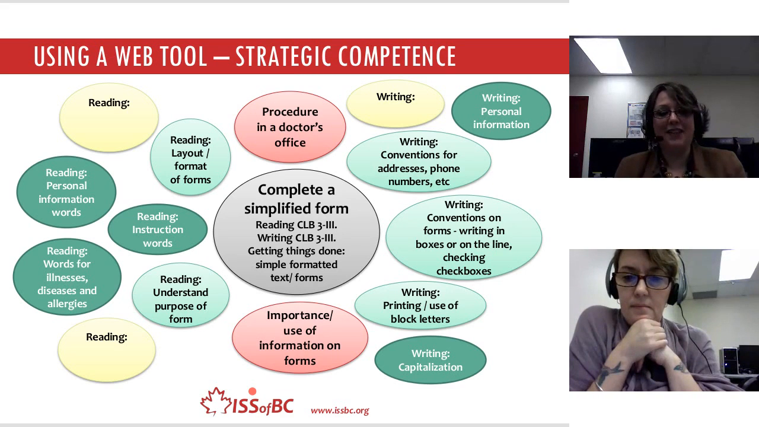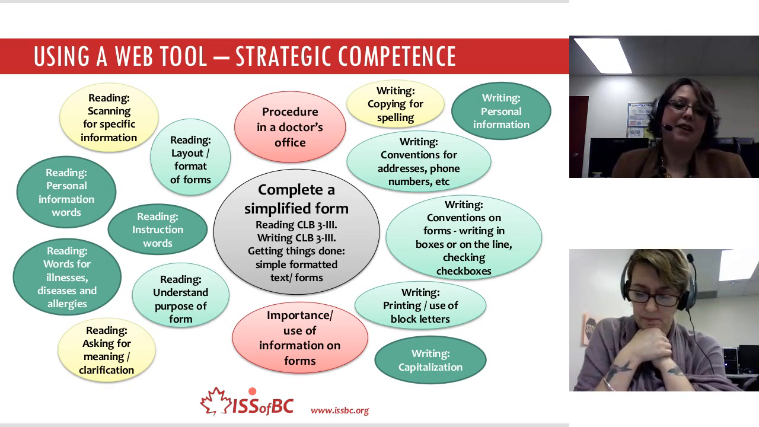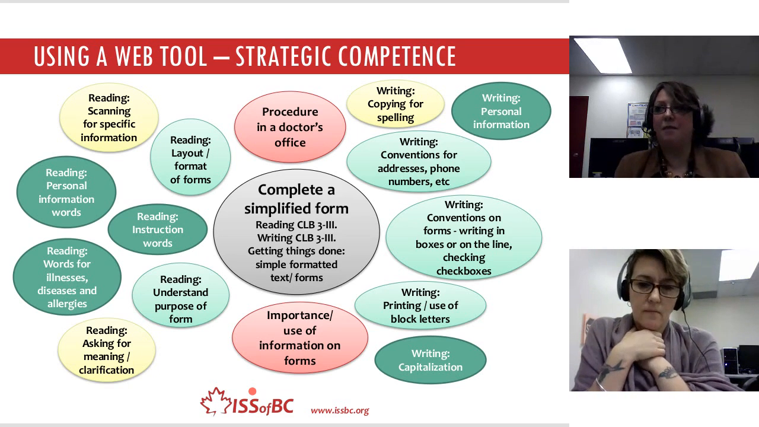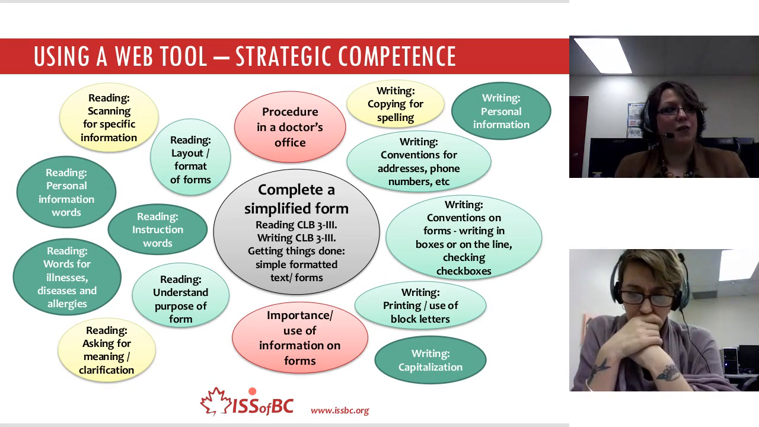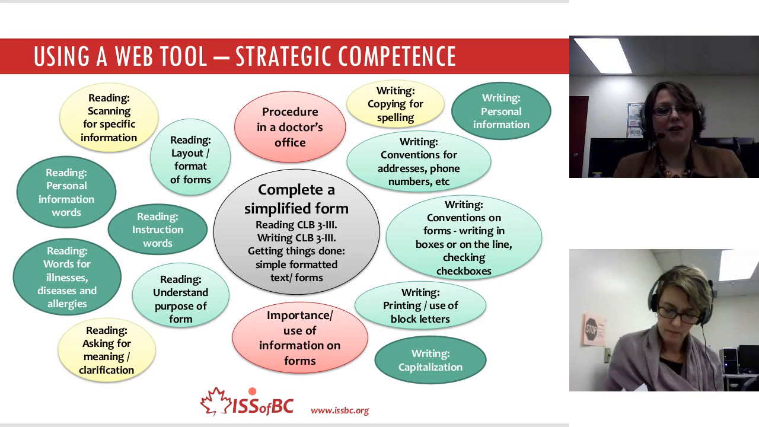We've had lots of great ideas. Let's look at what we've come up with. So under reading, we've said scanning for specific information. A lot of forms have sections that say for office use only, you know, knowing not to fill in that section, being able to scan the form and see which areas are relevant,